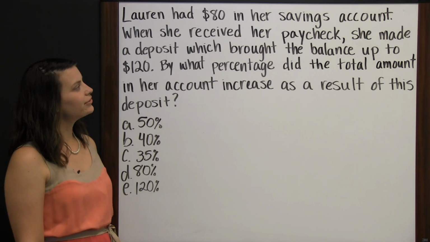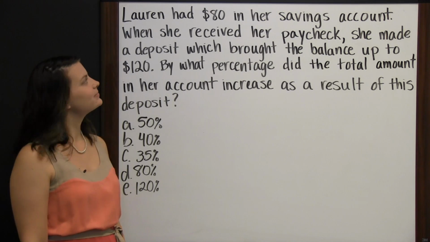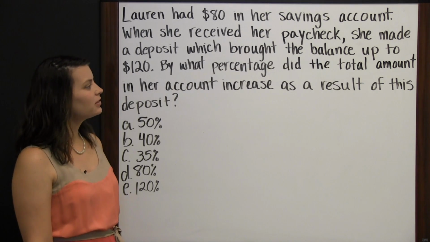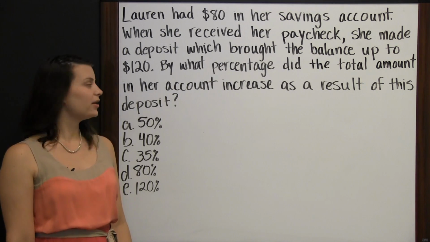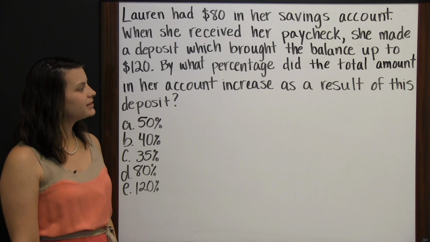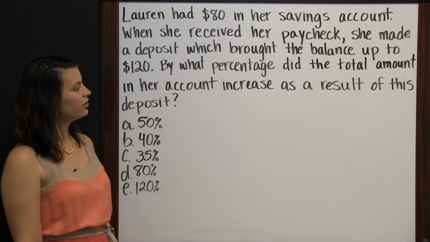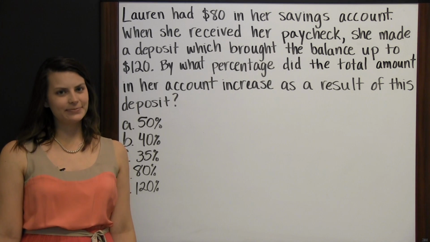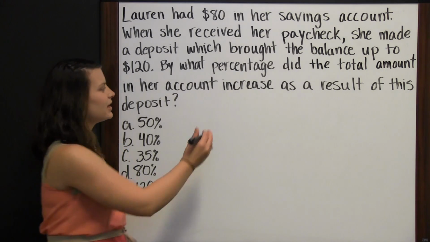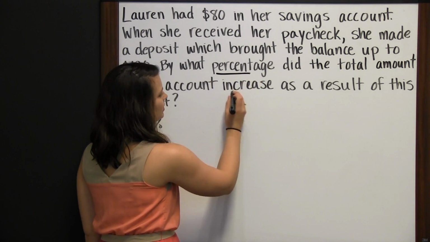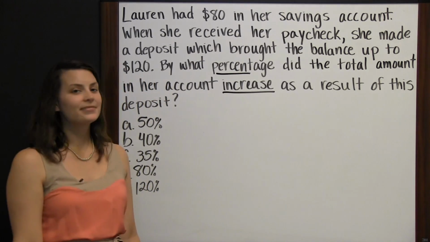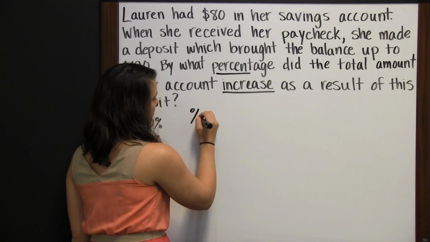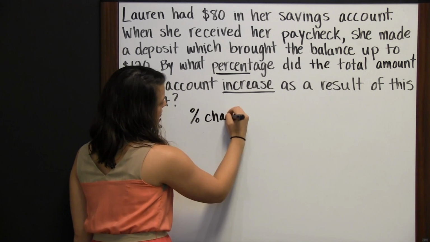Lauren had $80 in her savings account. When she received her paycheck, she made a deposit, which brought the balance up to $120. By what percentage did the total amount in her account increase as a result of this deposit? This is a percent increase problem, and there's a formula for that. The formula to find a percent of change